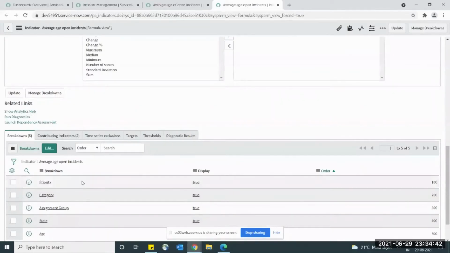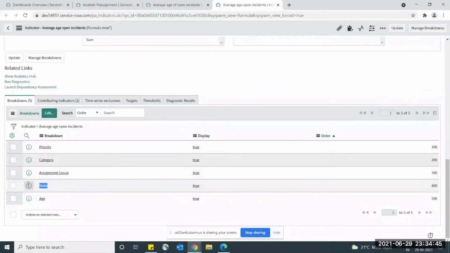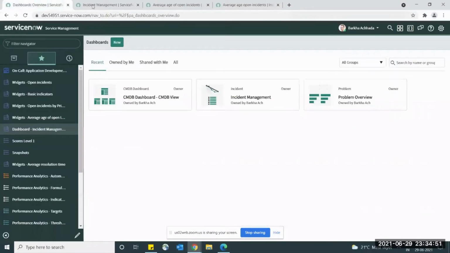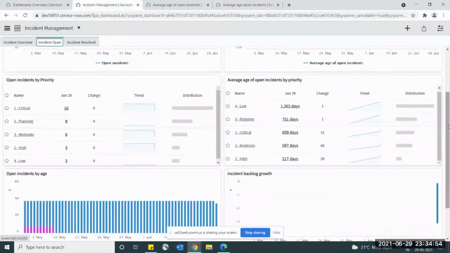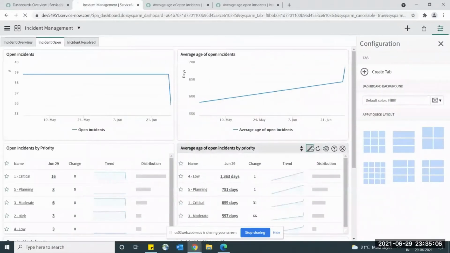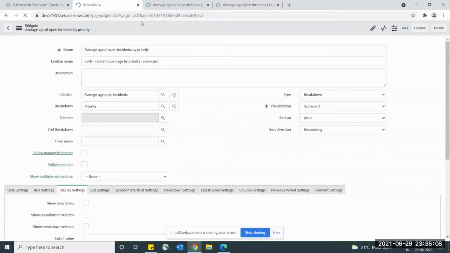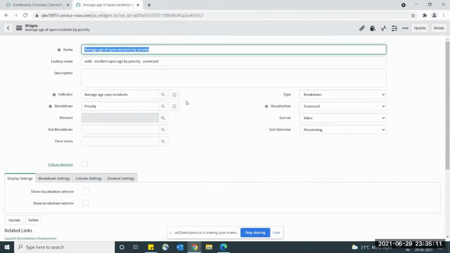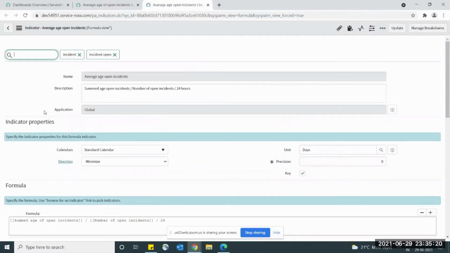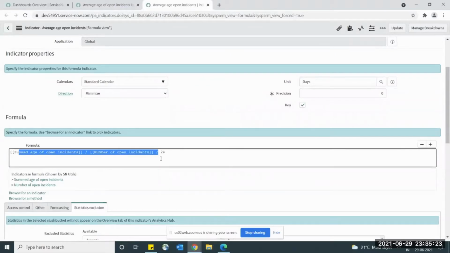And in the formula indicator you can also add the breakdowns. Okay, let me show you this. We were just seeing this number of average age of open incidents. I'll take an example of average age of open incidents by priority. So this is again a formula indicator which is created from two automated indicators,